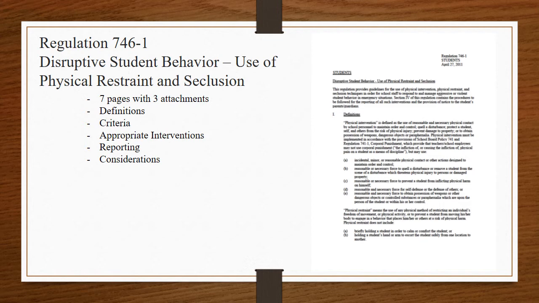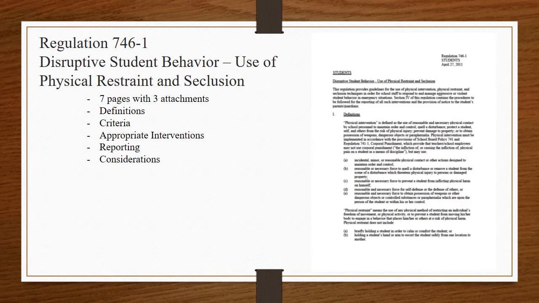Following physical intervention, once again, the staff should speak with the student and review the use of intervention and request that the student assist in the development of a plan to help prevent any future occurrences of the behavior. Same goes for physical intervention. We may need to develop or conduct a functional behavior assessment and then create a behavioral intervention plan. And if the student already has one in place, then the intervention team may need to review and revise the plan.